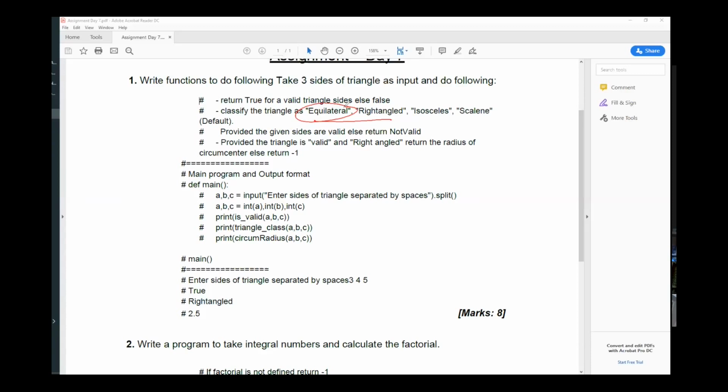After that, if the triangle is right angled, it can be isosceles. Agreed, it can be isosceles, it can be a scalene. But if it is a right angle triangle, I will print right angle. I will forget everything else. If the triangle is isosceles, then I will print isosceles. If none of the sides are equal, then I will print scalene. If in this sequence one of the conditions is true, I will not be checking the rest of the conditions.